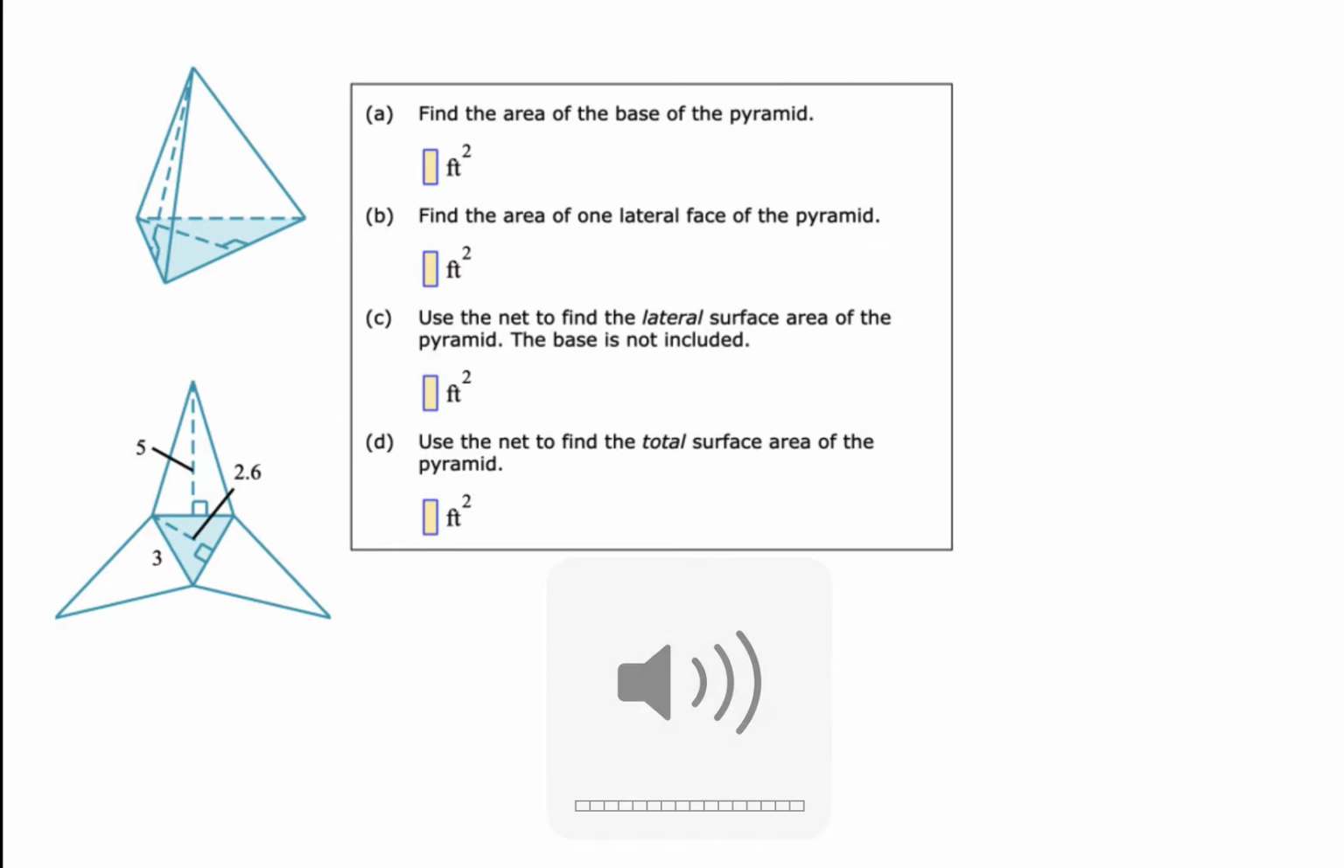Hello guys, today we're going to be doing the surface area of pyramids. There's a couple of things we have to understand when we're trying to find the surface area of pyramids. One is that they're going to have a base. The base here happens to be triangular, but it could be a square. It just depends. You're going to find the area of that base, and then eventually you're going to find the